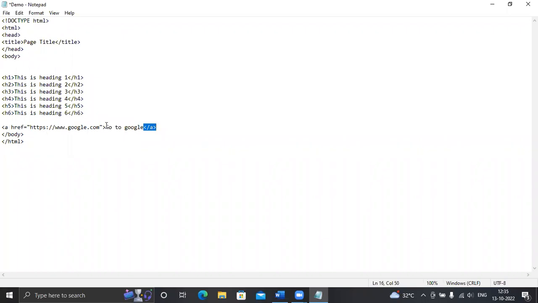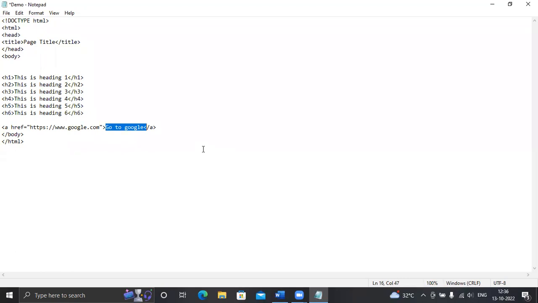And in between the open and close tags, I have written go to Google. Whatever text you want to put here, you can write. You have seen that in any website, when you click on a particular word, it redirects to another page. That is a link, made using the anchor tag.